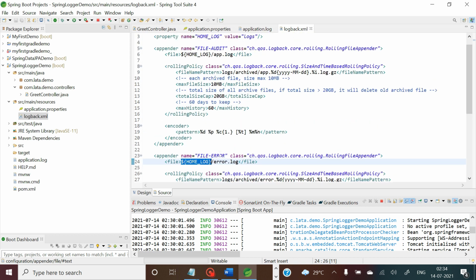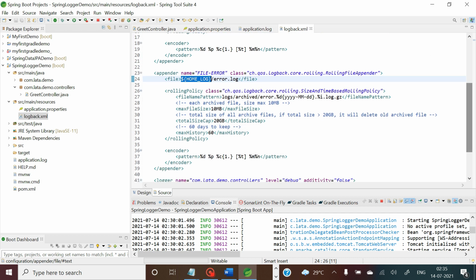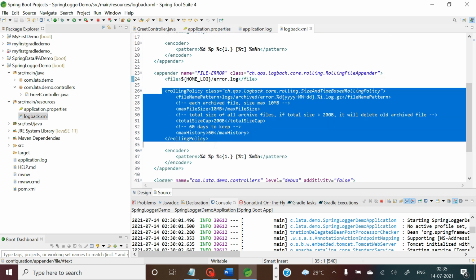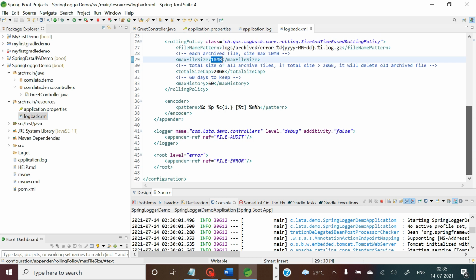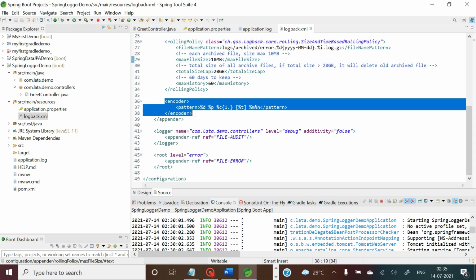In this folder, in file error.log, all the error related logs will be maintained. In the similar way you have some rolling policy over here, and its maximum size is, let's say, 10 MB, and then you have specified the pattern also, in which all the error logs are supposed to be maintained in error.log file.